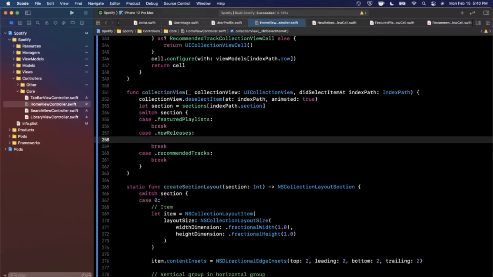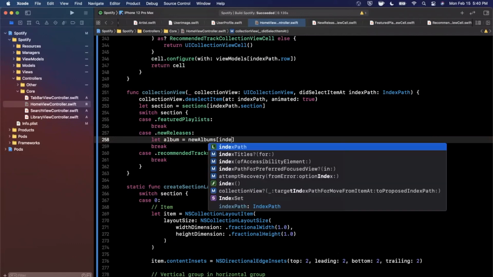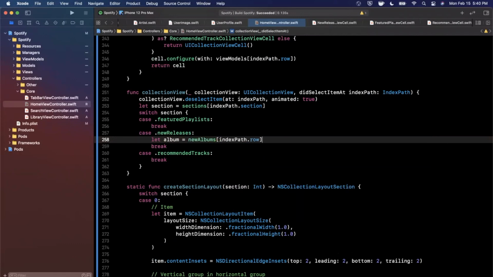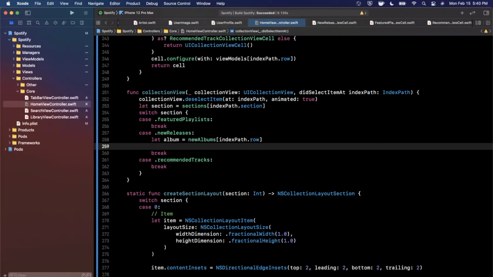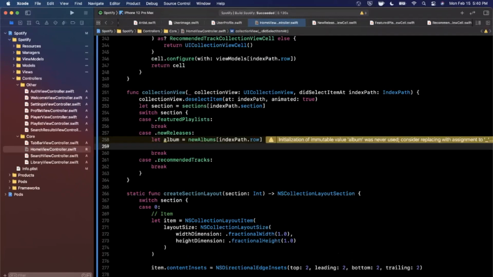So new releases is new albums that are released. So what we first want to do is want to get the album for which we want to query more data against the API. And this is going to be new albums. And we're going to get the nth element at that position. The next thing we're going to do is we're going to want a dedicated view controller to render out information